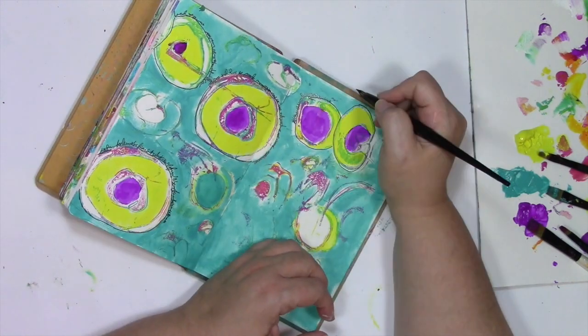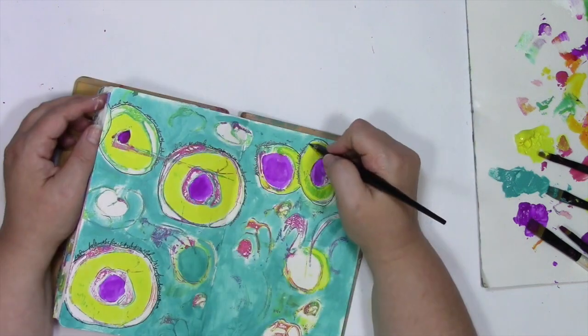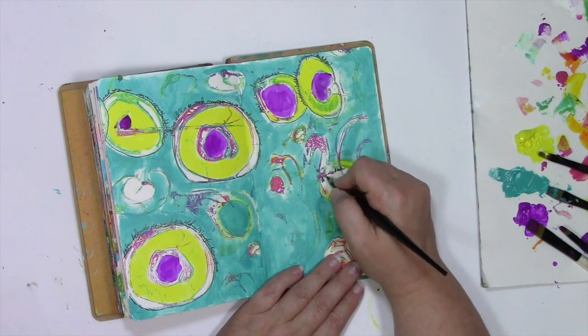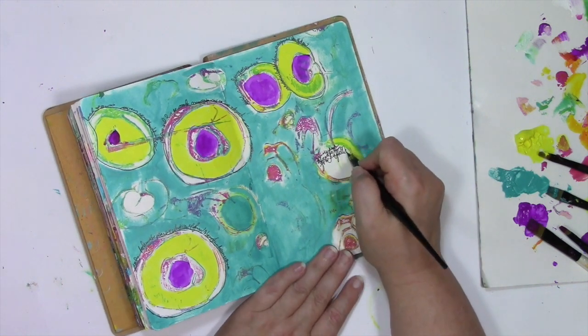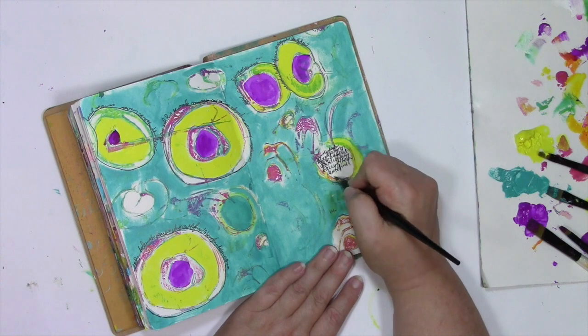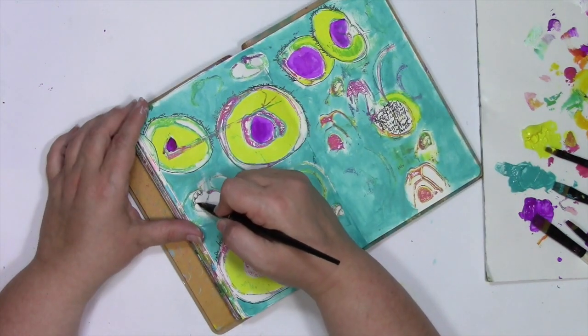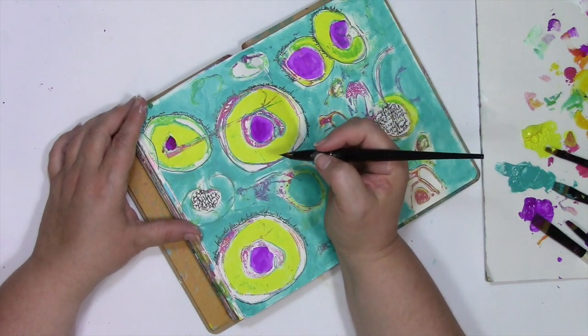And that was that this paint is almost completely dry, simply because I was putting on very thin or small amounts of paint. And when using a pen on paint, you really want your paint to be dry for everything to work well. Plus, wet paint on a pen can ruin it, so you want to be careful of that. So I'm getting a little more scribble journaling here, this time safely in the white space, and I realize